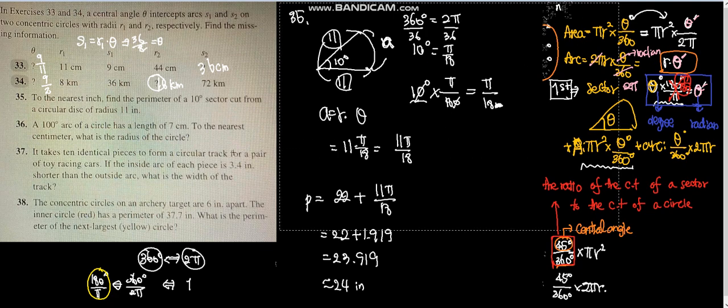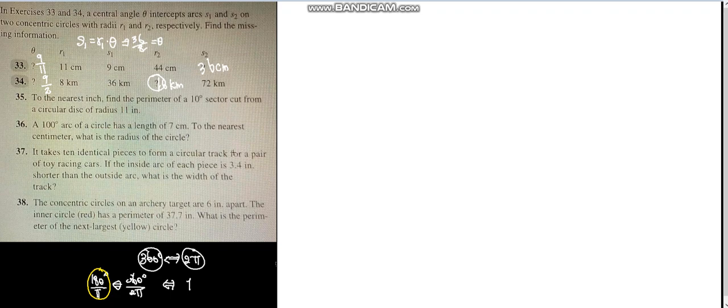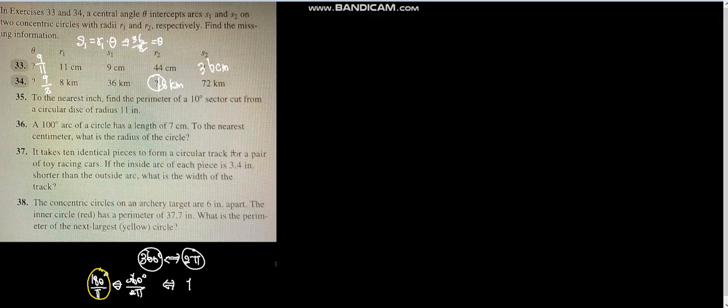Okay, now I will erase all this. Oh no, that's not what I wanted. Deleting it. And here, 36. A 100-degree arc of a circle has a length of 7 centimeters. To the nearest centimeter, what is the radius of the circle? What this simply means is that this is a 10-degree sector,